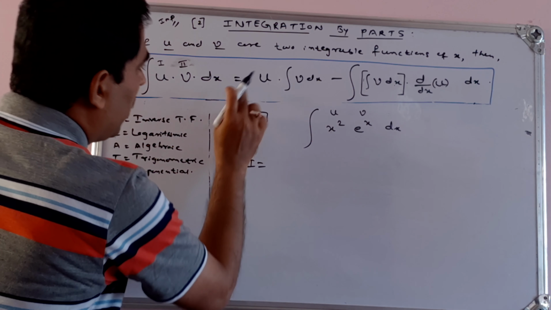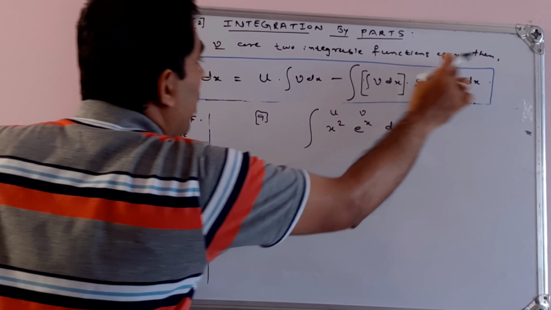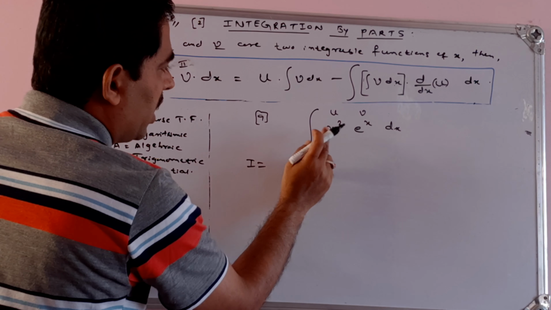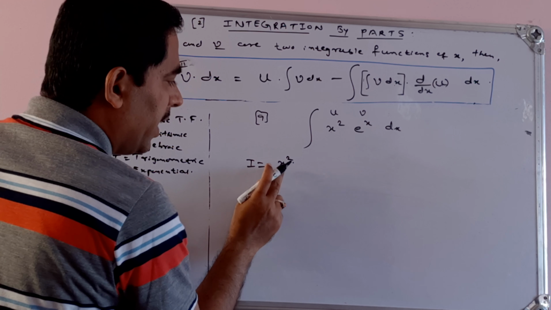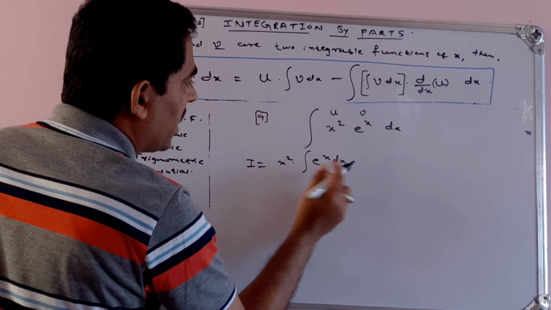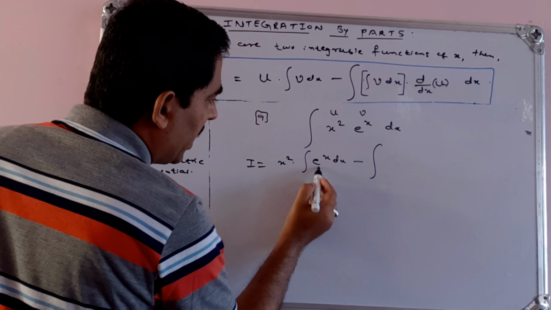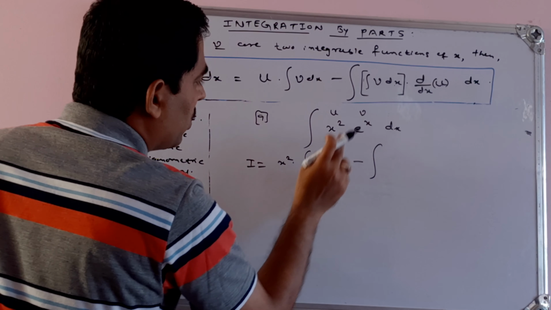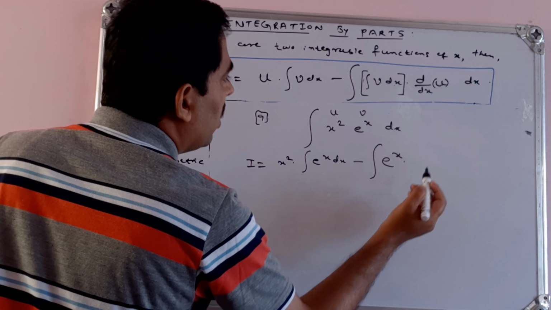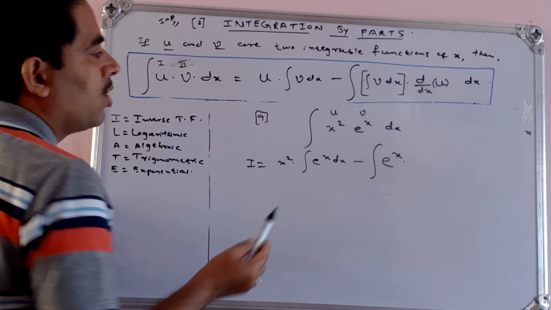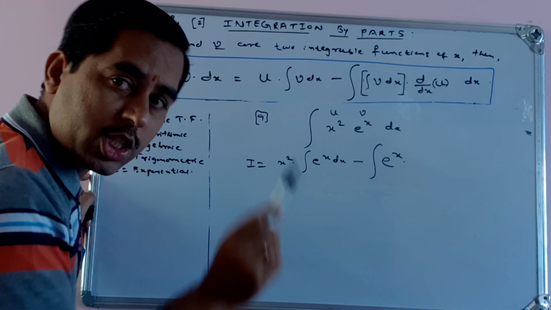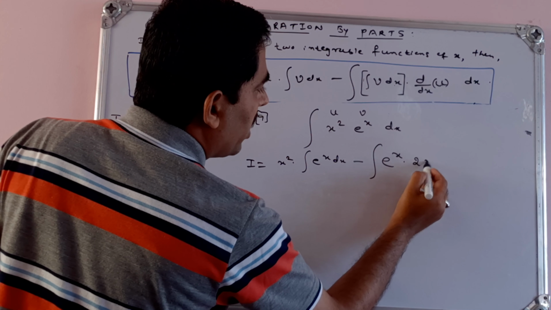So now I can apply this formula. See, you have to write this formula for every problem. Okay, here I have written it. So that is first function is what? X square. See, into integration of second function with respect to x, v dx, minus integration of, see, integration of e to the power of x, integration of second function, integration of e to the power of x is e to the power of x only, into derivative of first function. So what is my first function? X square. What is the derivative of x square? Derivative of x square is 2x. So what I have to write? I have to write 2x.